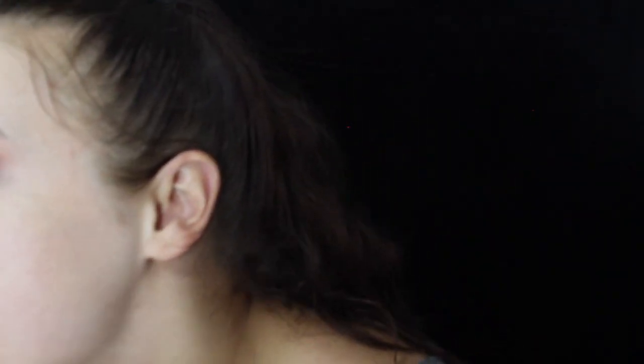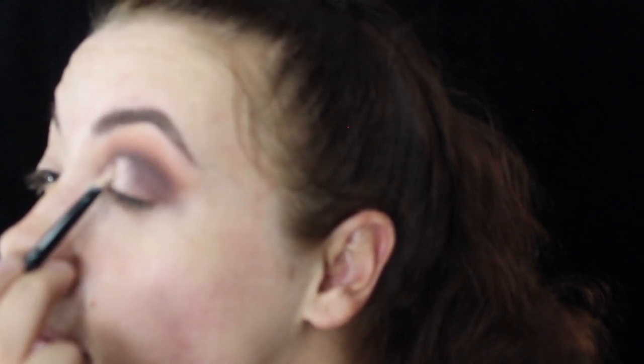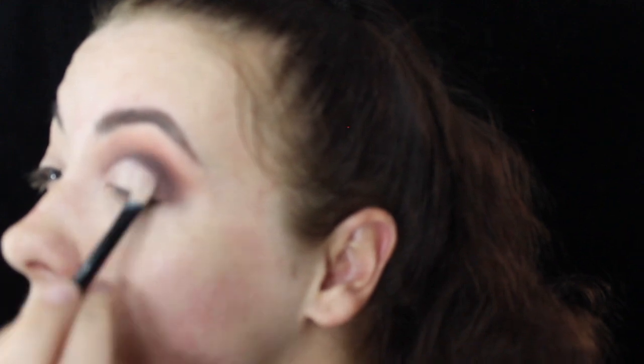So what I'm going to do now is a half cut crease. Again, I use my PLouise base for this. So I'm going to put a bit on the back of my hand. I'm going to go into the corner, and just sort of go to halfway. And then I'm just going to tap over with my finger